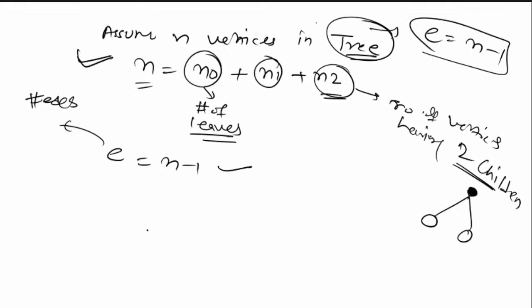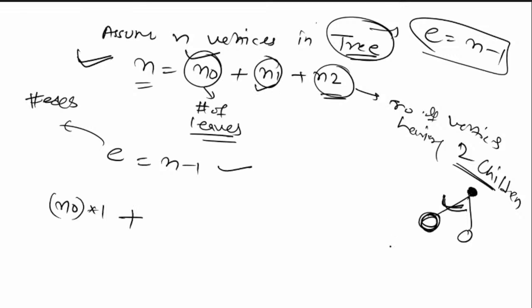Now one more equation you can make from the degree sum formula. The degree sum formula says that the summation of all degrees should be equal to twice the number of edges. Now you can see these vertices have degree 1. Every leaf has degree 1, because there is one edge incident on this leaf. So these many vertices have degree 1, plus